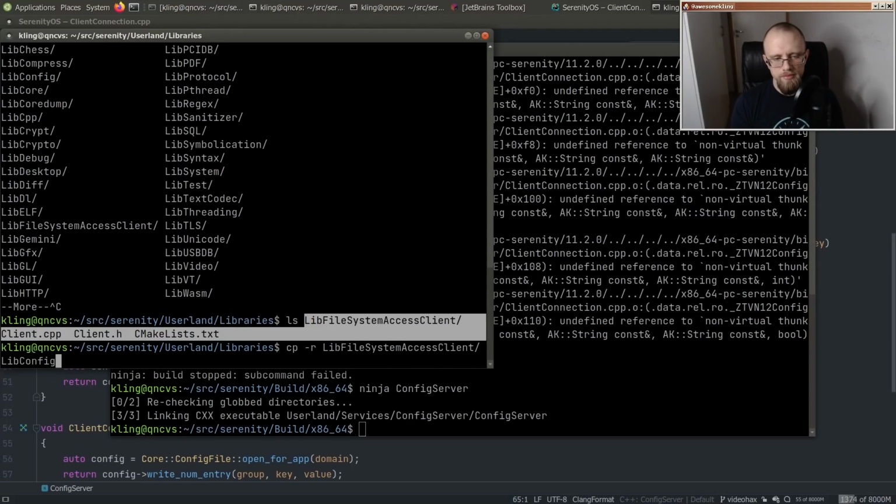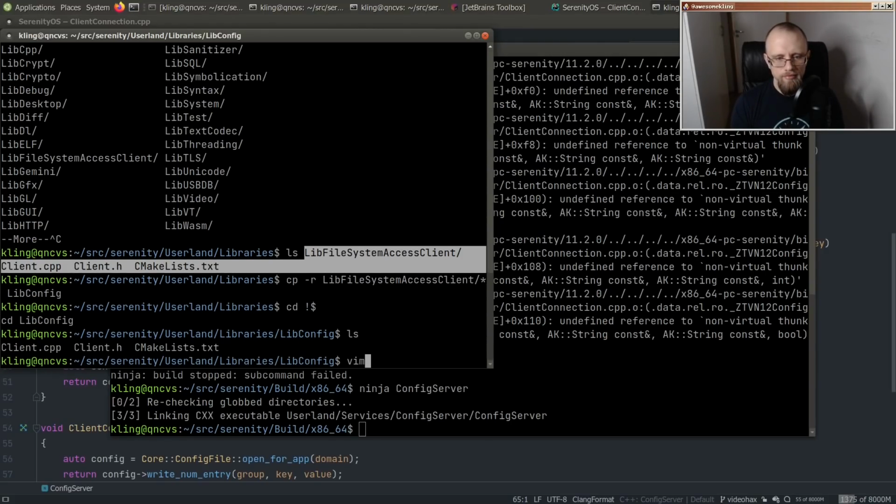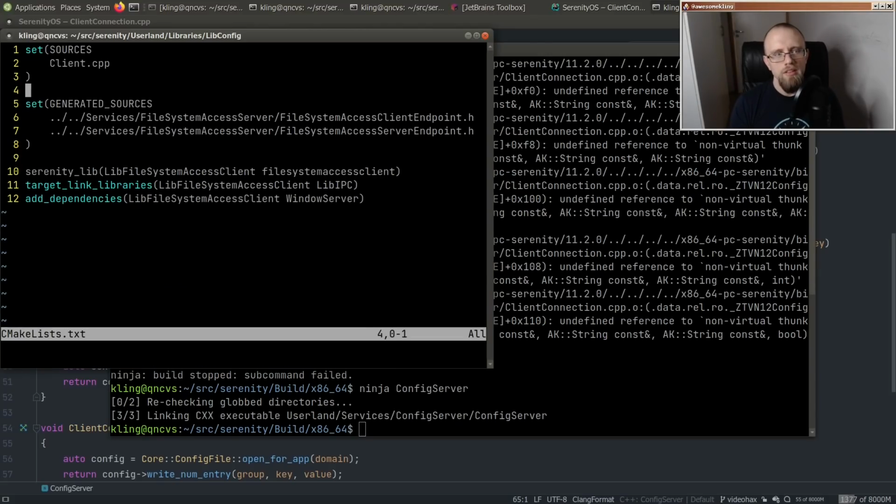Libconfig. Ah, dang it. Okay, wait. Come on, command line, you can do this. Boom. Still got it. Okay, so we just want to use config server, file system access server. That's quite a mouthful. If you're not familiar, the FSAS,